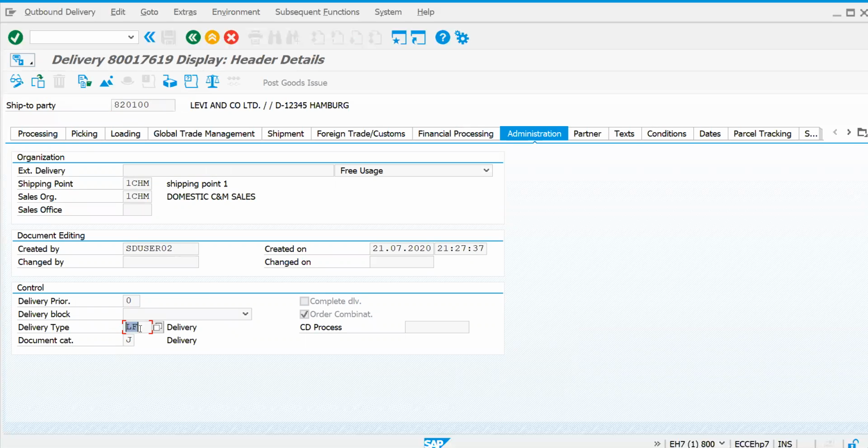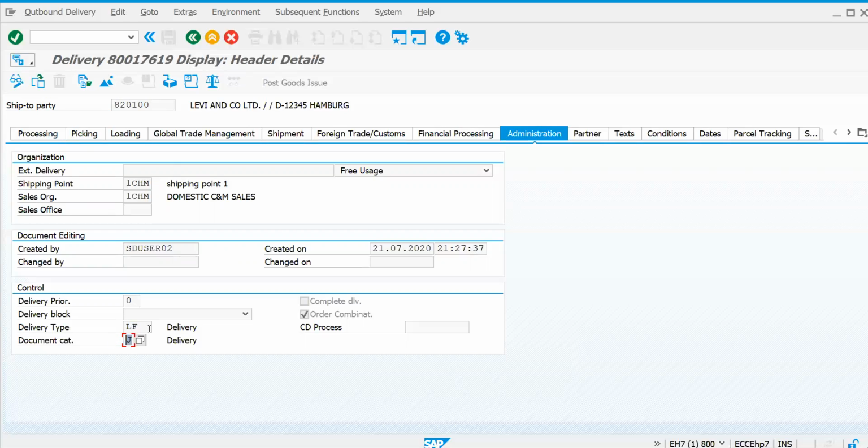Like delivery is LF, as you had at the time of configuring your sales order, or copied as ZOR1, like that. It may be any other 4-digit alphanumeric document type you can create. In standard it is LF and the category is J.